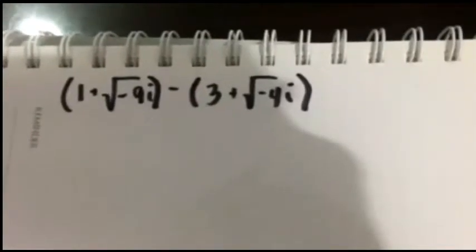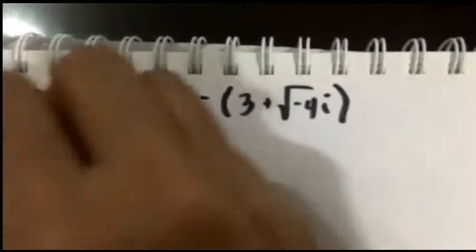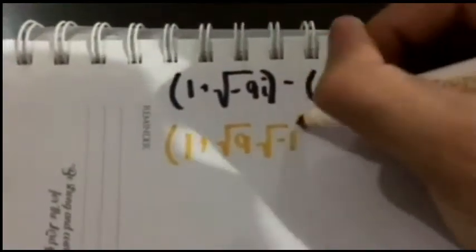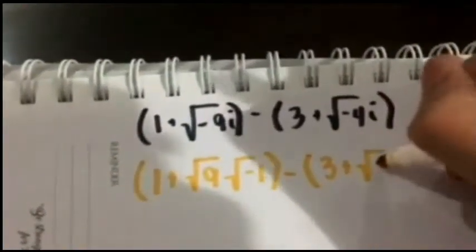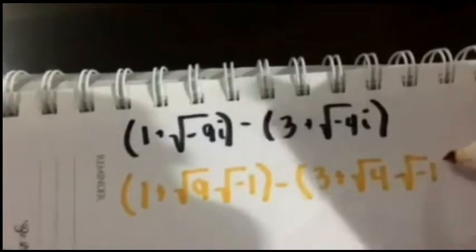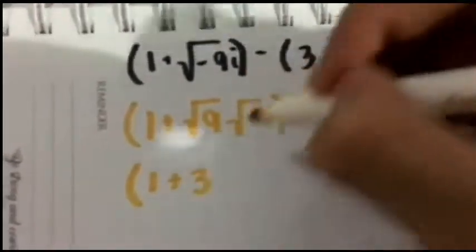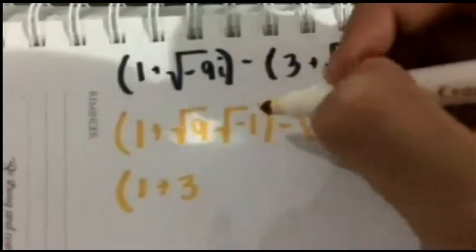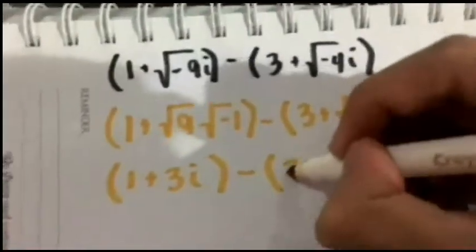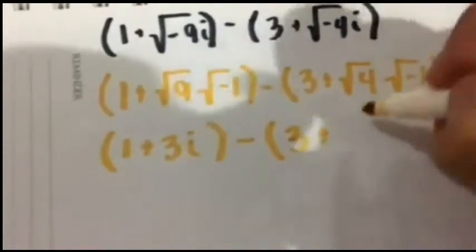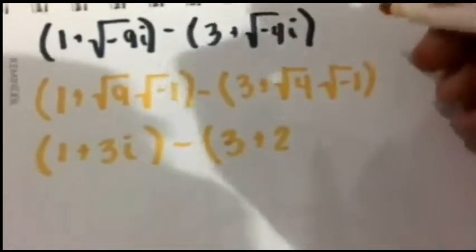Now this is another example. First, we must just get the real number, which is 1, then plus the square root of positive 9 times the square root of negative 1, minus 3 plus the square root of positive 4 times the square root of negative 1. Then 1 plus the square root of 9 will be 3, times the square root of negative 1, which is i, so 3i, minus 3 plus the square root of 4 will be 2, the square root of negative 1 will be i, so